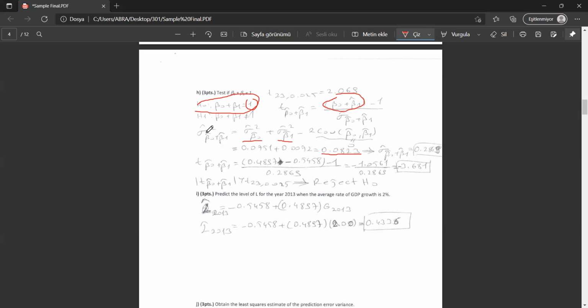And taking the square root of it, you will find that the standard error between them is 2.28. So you will write the denominator here. And you will compare it with the corresponding t value, which is t with 25 minus 2 degrees of freedom,